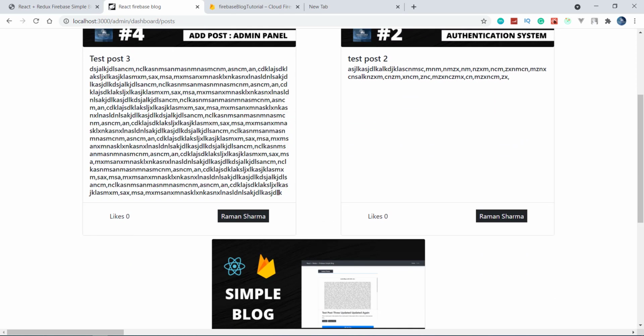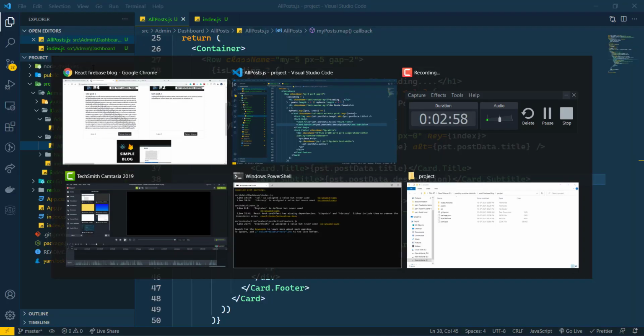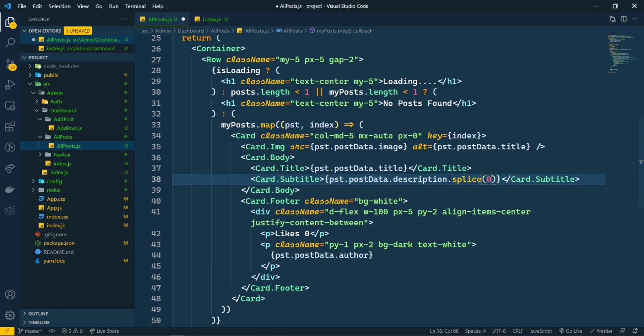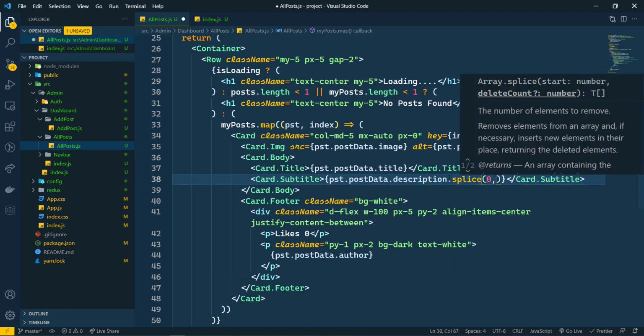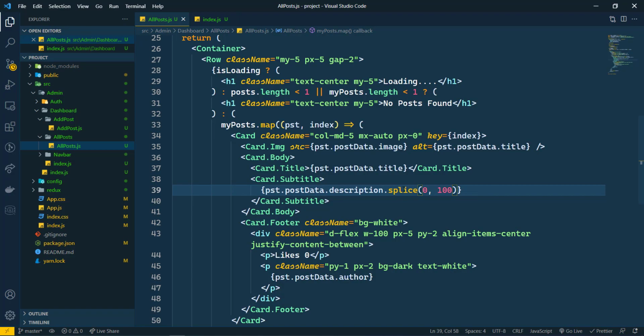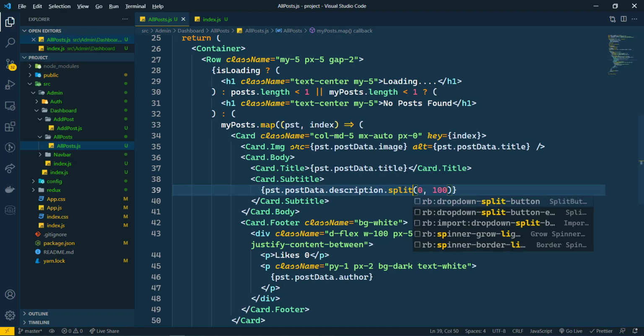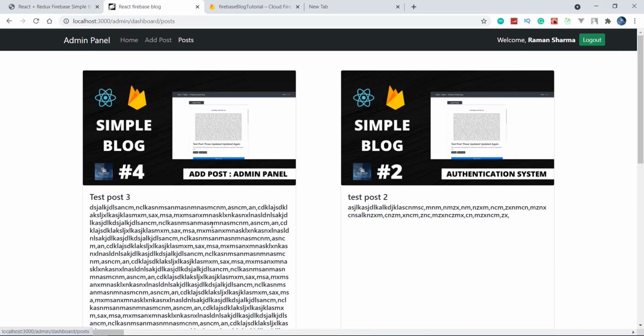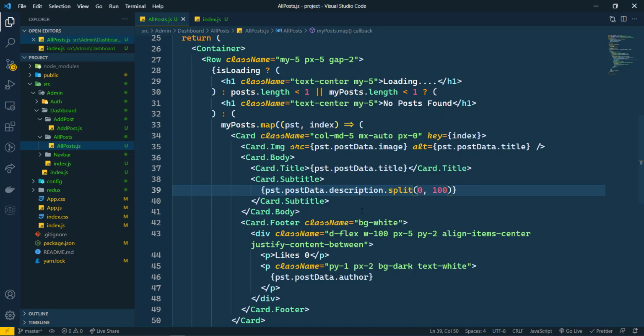So as we have this, we are going to splice the description here. So description.splice from 0 to, let it be 100 words. Save this. So we are going to split, going to the post page. It is not split, we have to splice here.